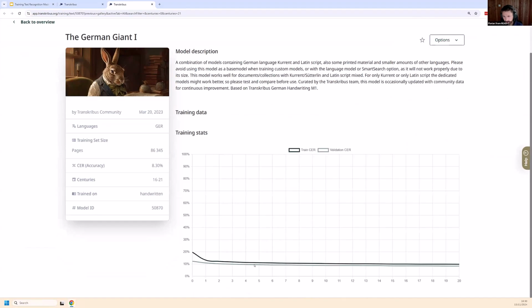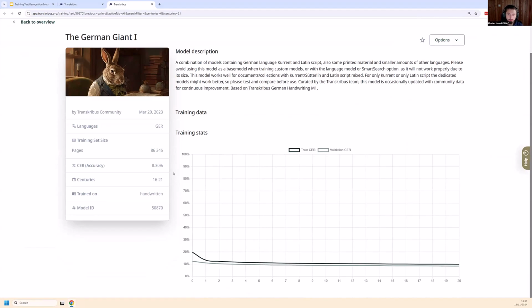Here, for instance, that's another different curve that we're looking at. We also see the German giant, that's one of our largest models, trained with the standard technology. It started already on a very good level because it was using a base model, so one of the previously trained models. That's why it's starting very low, and you don't see that drop at the beginning, starting with